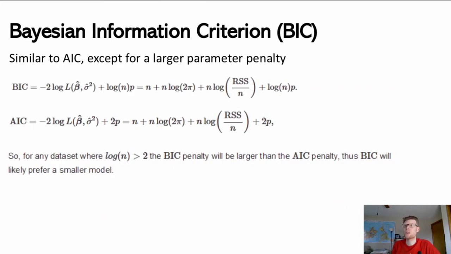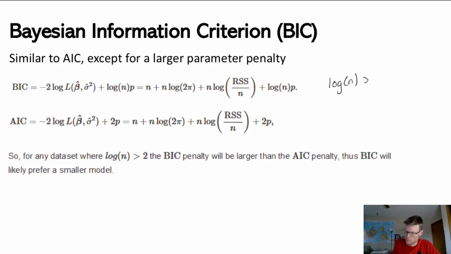BIC is very, very similar to AIC. The only difference is literally the penalty term. So if you look right over here, instead of 2p for AIC, we have the log of n times p. So that means that BIC is going to add a larger penalty for adding an additional parameter if the log of n